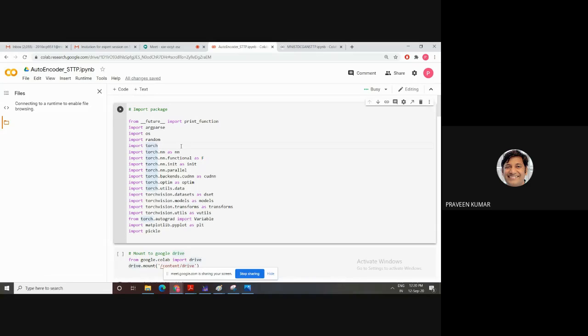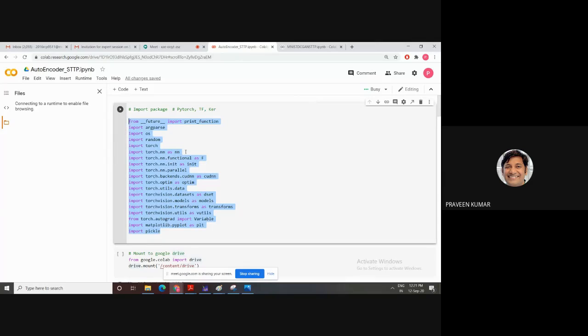The first step you require is to import the packages. Researchers mainly use two frameworks. The first one is PyTorch, then the second one is TensorFlow, and the last one is Keras. In the present scenario, if you are developing your model based on a generative adversarial network, my suggestion is to use TensorFlow or PyTorch. I have developed this code using PyTorch. First, you need to import all these packages.